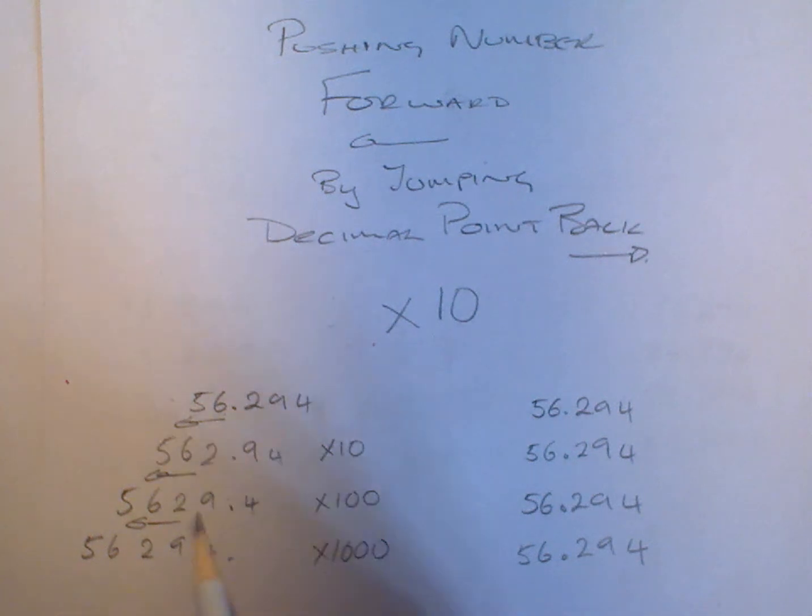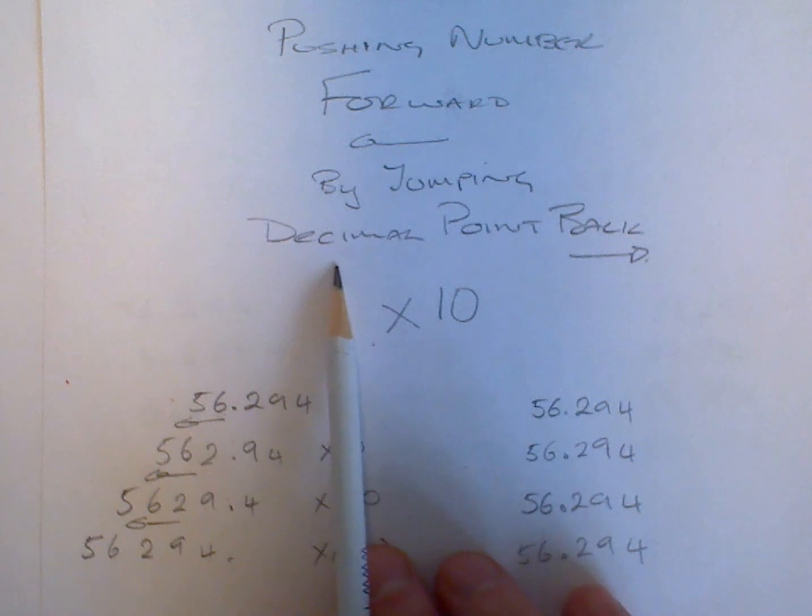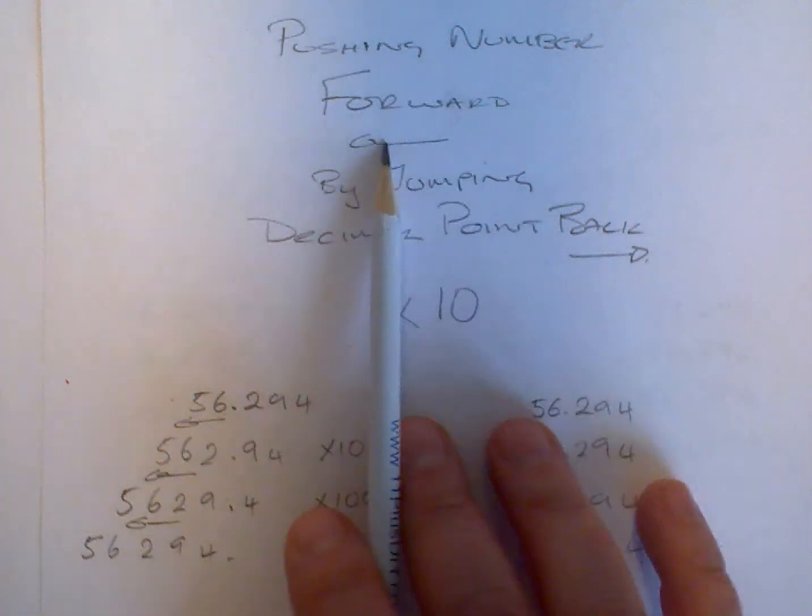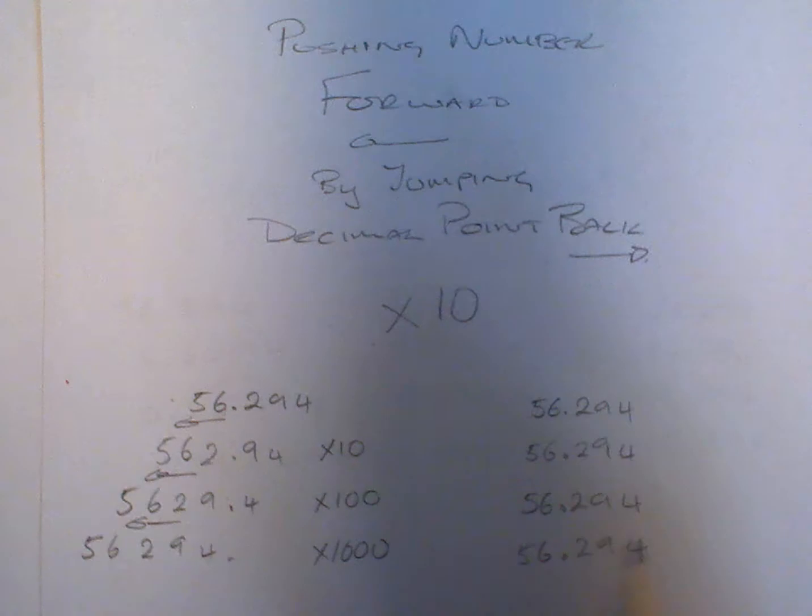Now, basically, it's too difficult to do that on the paper all the time, so the easy thing to do actually is to jump the decimal, but you're pushing the number forward by jumping the decimal point back. So if I want to move this number forward by 10, I just jump the decimal here, and it arrives here and leaves here. If I want to multiply by 100, I just jump the decimal twice back, and therefore moving the number forward. Okay, and here, timesing by 1,000, 1, 2, 3, the decimal point leaves here, okay, and